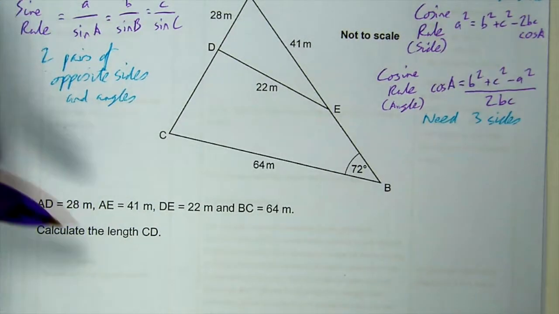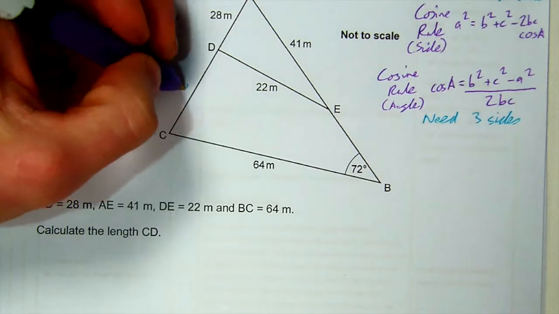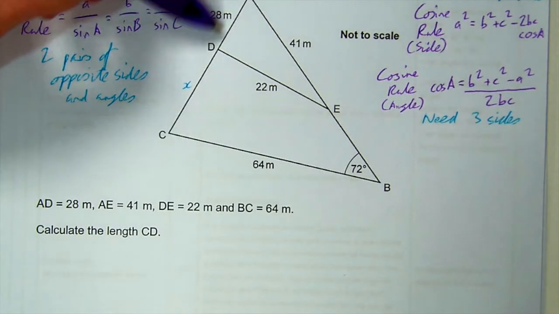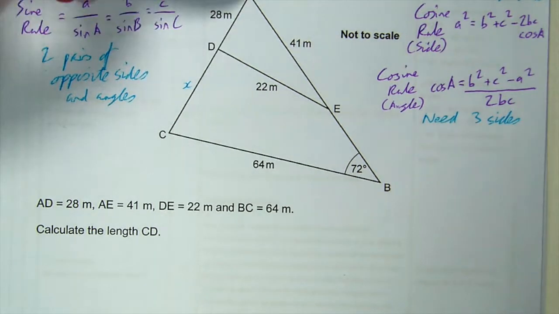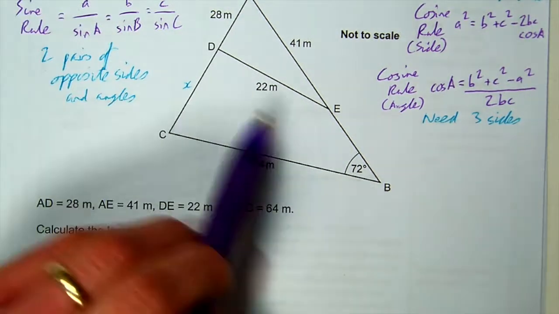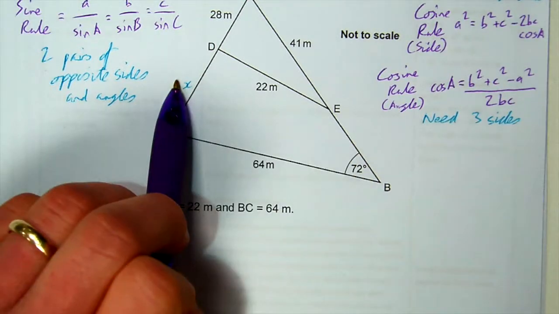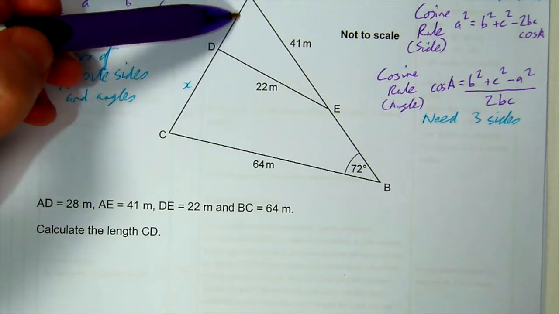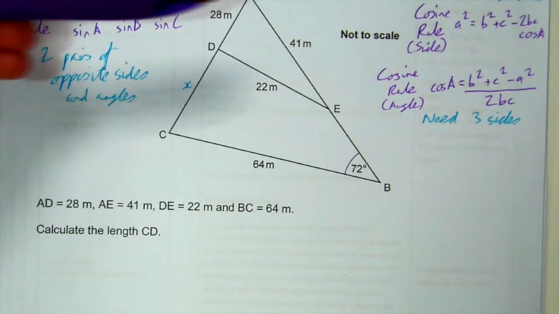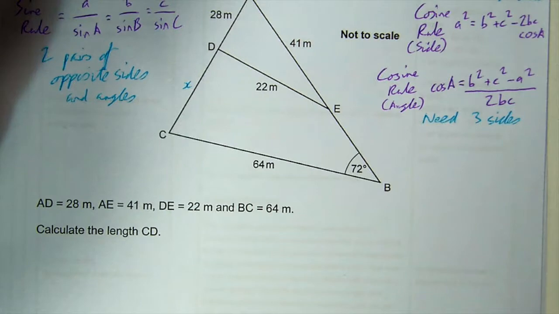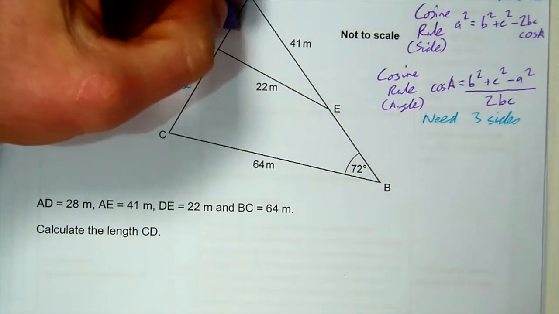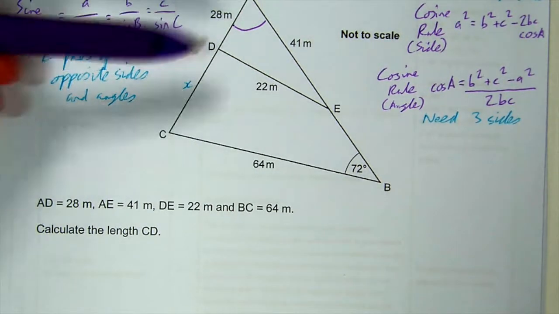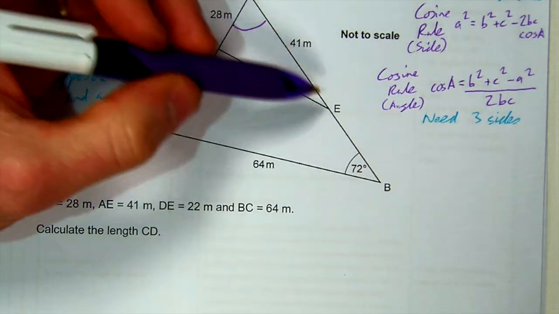It says calculate length CD. So I'm trying to find this length here. I notice I've got 28 here for AD, and I don't have this one here. I'm noticing as well I've got the opposite angle, and I've also got this side length here, but I don't have this angle here. If I had this angle here, then I could use the sine rule, but I don't have that angle at the moment. So what I'm going to do first is work out angle DAE using the